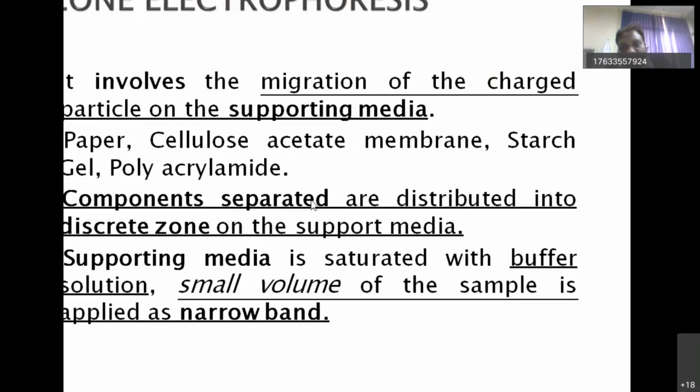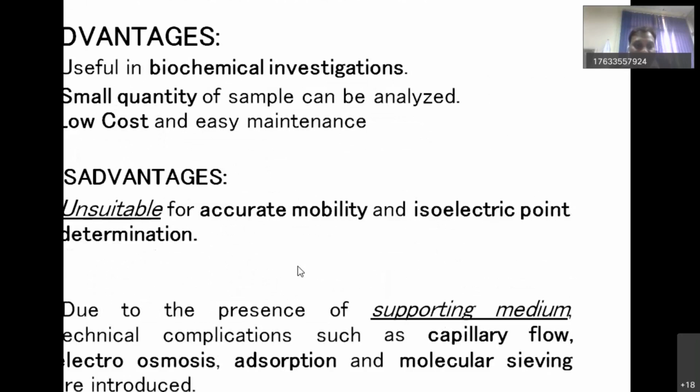The separated components are distributed into discrete zones. The supporting media should be saturated with the buffer when you start your experiment, very well saturated. Then you add your sample on that media. The advantage of zone electrophoresis is that you can do biochemical investigations in